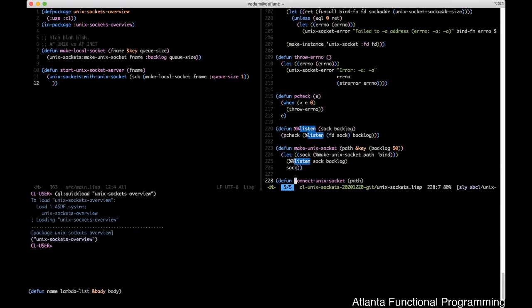Let's see, make unixsocket bind. Oh, this is nice. Okay. So this is something I just learned. In usocket with TCP sockets, you have to explicitly call listen to get the server started. Here, once you bind to the socket, it automatically starts listening. I guess that's a good thing. I don't know if that's necessarily a great idea, but